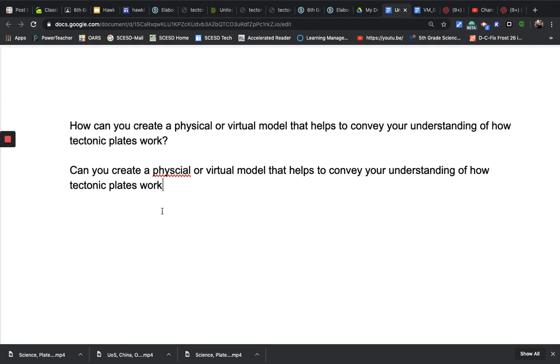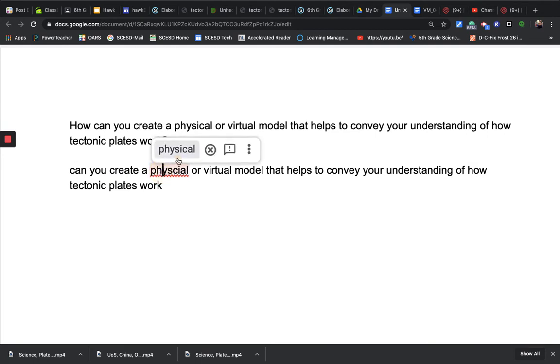And I'm not going to put any punctuation marks here yet because this is just auto-corrected, but I want this still to be lowercase. I'm going to go ahead and correct that. Physical. So can you create a physical or virtual model that helps to convey your understanding of how tectonic plates work? So then you can say,